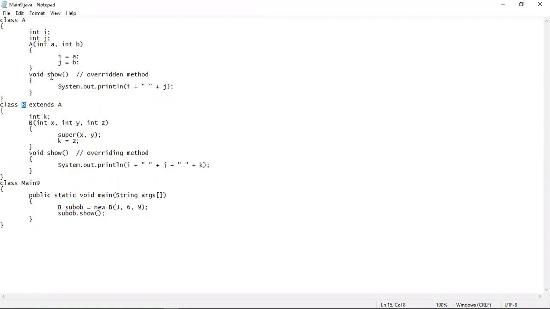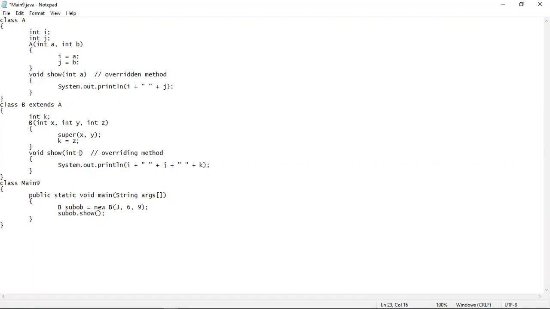The names and the type signatures of both the methods should be exactly same. Here you can see that both the methods have exactly same names and type signatures. Here suppose if we give one parameter which is an integer parameter, then here also you have to give one parameter which will be an integer parameter.